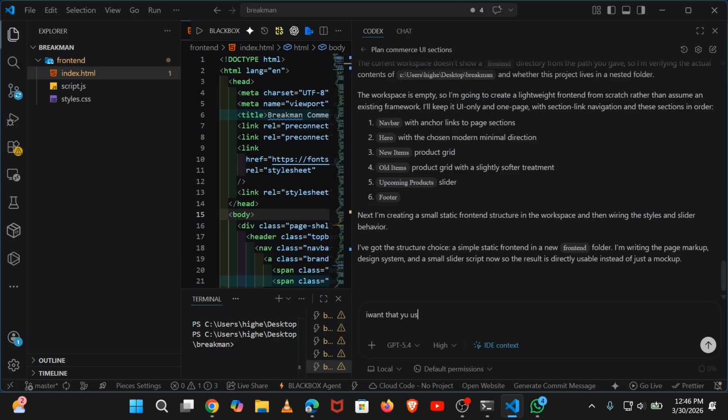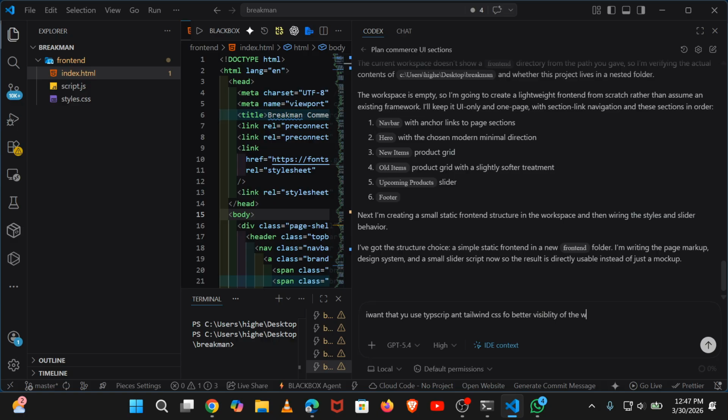I want you to use TypeScript and Tailwind CSS, because it is one of the best CSS frameworks out there, and it helps you build a very important, good-looking website. And this AI knows each and every step by step, and can show you how each part will work. And when you say that you want to use TypeScript and Tailwind CSS for better visibility